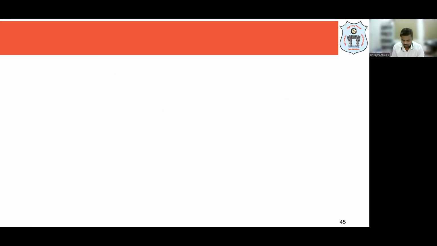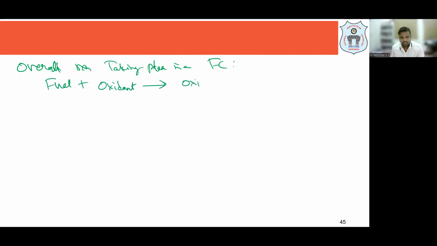Now, we have seen the overall reaction that is taking place in a fuel cell. What is the overall reaction taking place in the fuel cell? You know that one, right? We have fuel plus oxidant giving an oxidation product. I'm writing it in general so that you can write it for any fuel, even for hydrogen, oxygen, or even methane. So fuel plus oxidant combines to form an oxidation product, and it does some useful work,